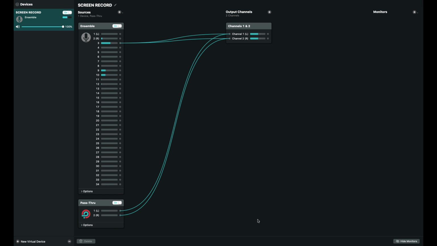So this setup involves two different softwares. The first of which is called Loopback, and the second of which is the actual video chatting software, which we'll get to later. Now, this setup is for a producer who is wanting to video chat with someone and send them their DAW's audio through the video chatting service directly. Now, I know that there is a way to do this with Zoom, but